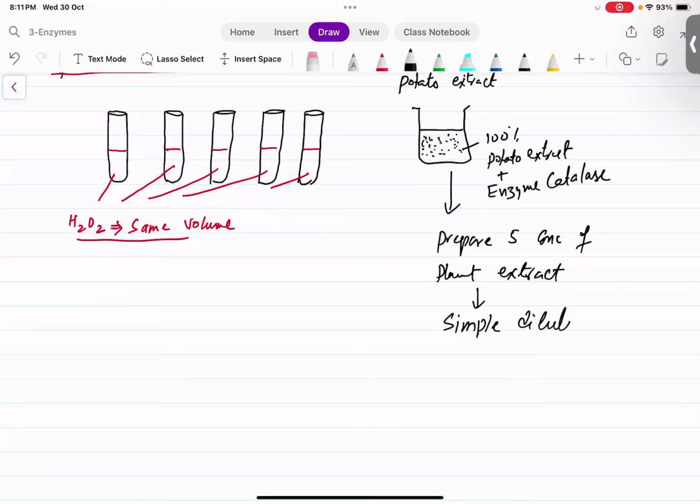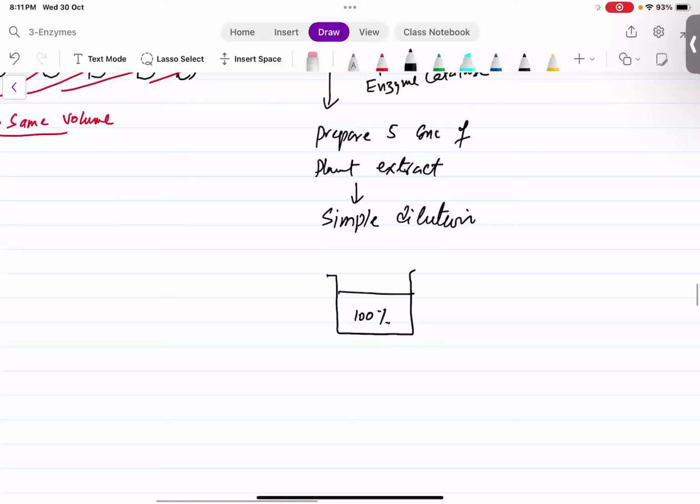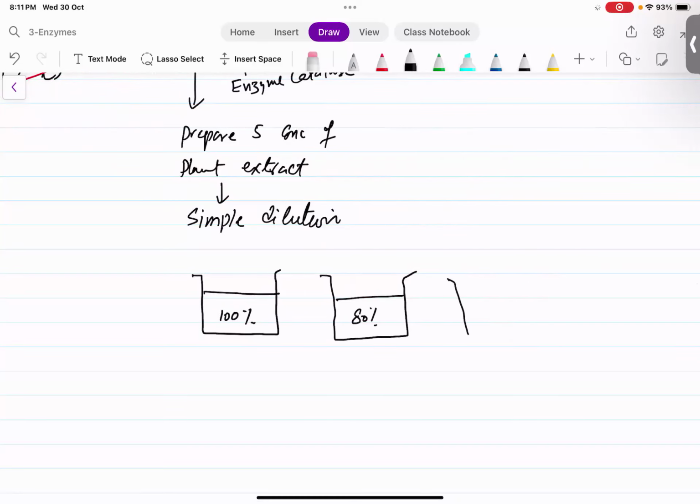Okay. In simple dilution, what do we do? We take 5 beakers, 4, maybe 5 beakers or 4 more empty beakers. So this is the 100% plant extract. Okay. We take an empty beaker and we label it 80% plant extract. Then we take another beaker